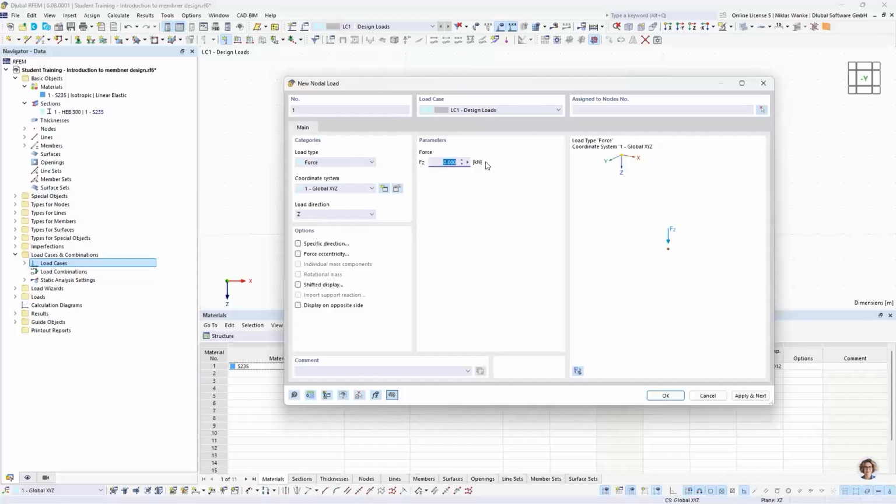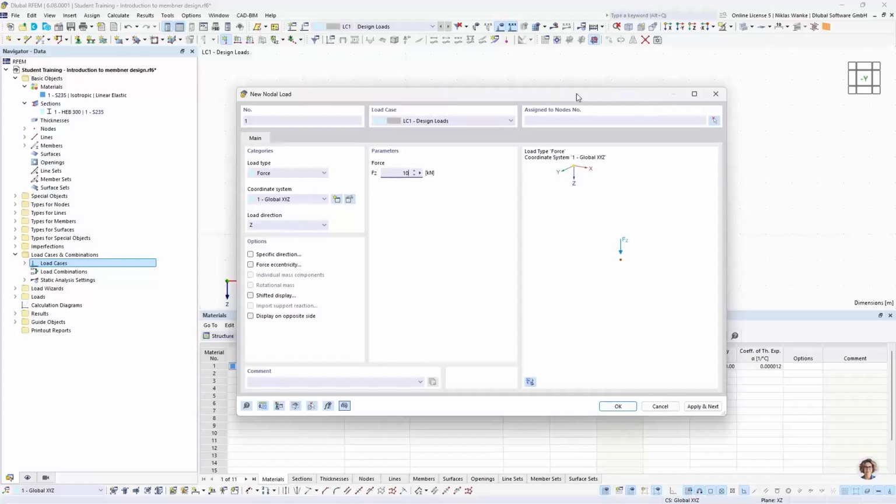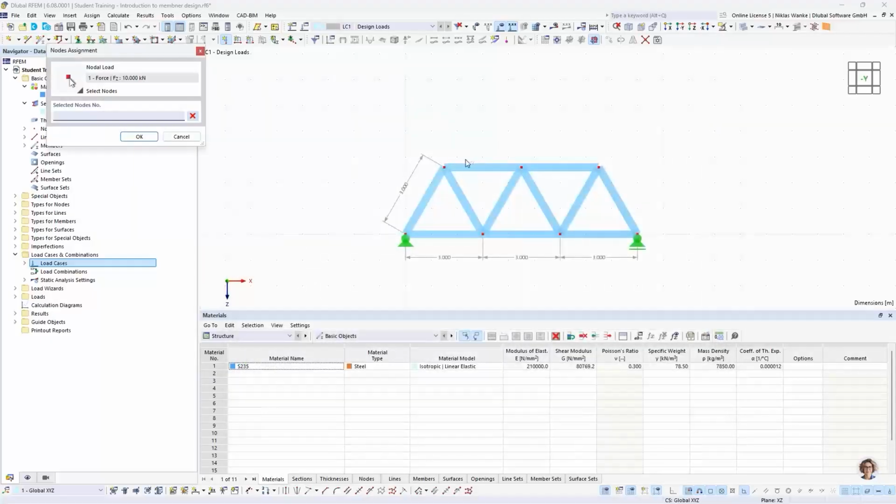And the value for our nodal loads is 10 kilonewton. And at the top right part of this dialog box, we can assign this load to one or also to multiple nodes. So we can select the first two nodes, the left one and the middle one of the upper chord,